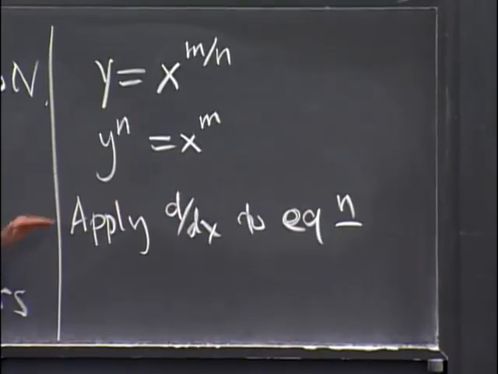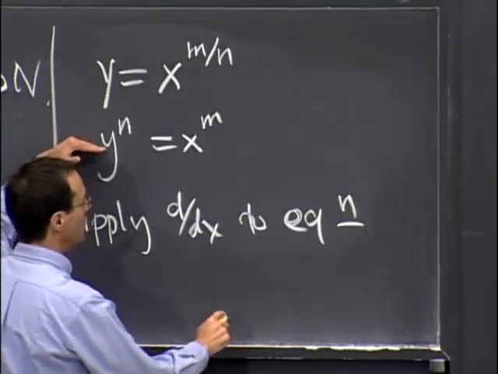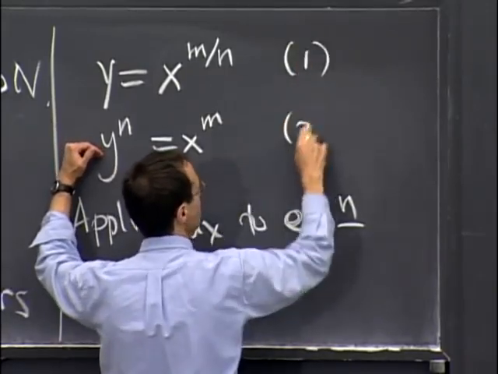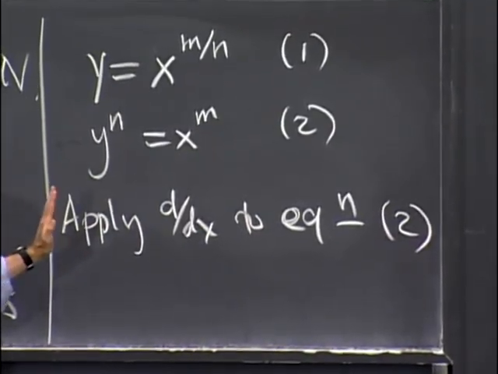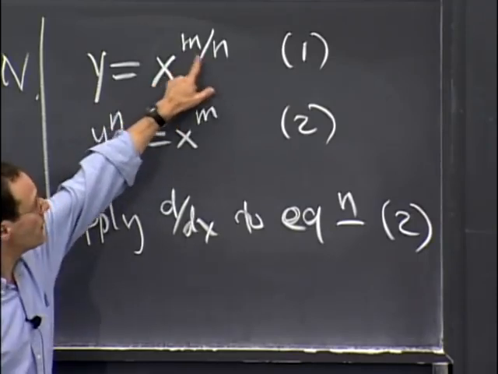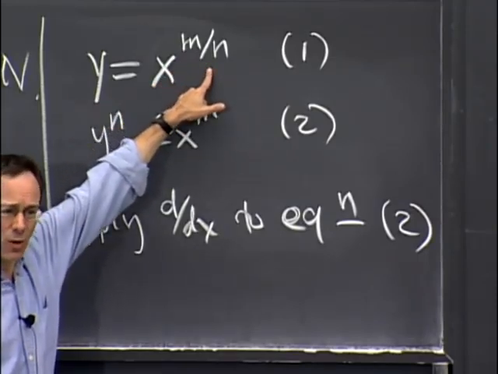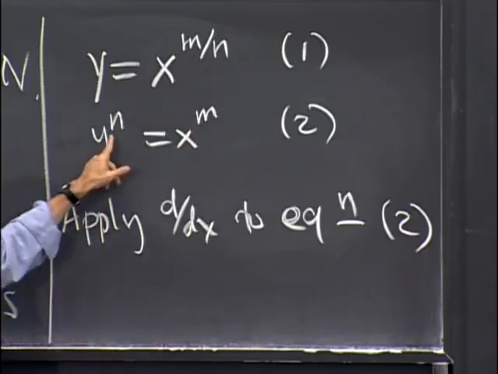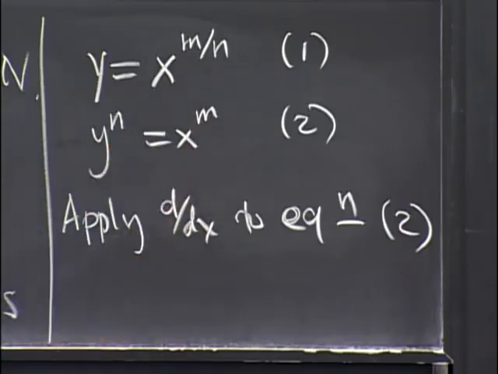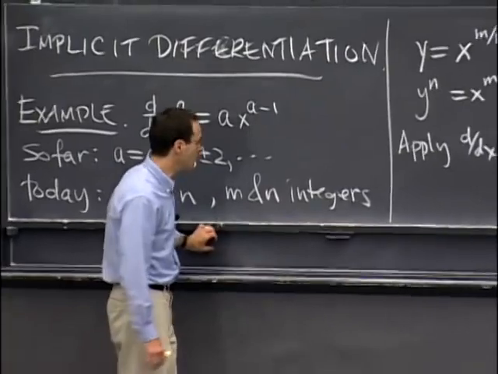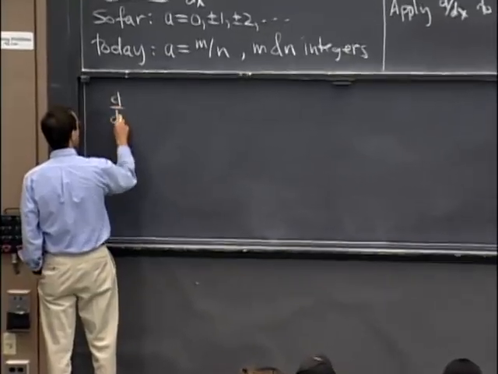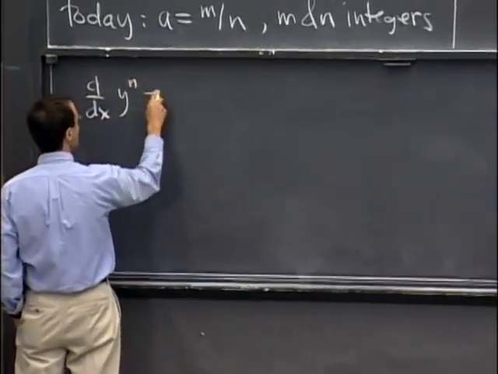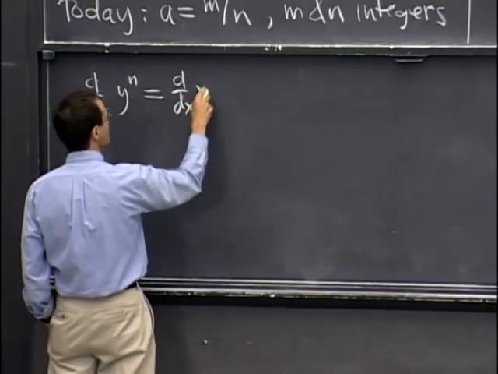Now, why is it that we can apply it to the second equation, not the first equation? Maybe I should call these equation 1 and equation 2. The point is that we can apply it to equation 2. The reason is that we don't know how to differentiate x to the m over n. That's something we just don't know yet. But we do know how to differentiate integer powers. Those are the things that we took care of before. So now we're in shape to be able to do the differentiation. I'm going to write it out explicitly without carrying it out just yet. That's d by dx of y to the n is equal to d by dx of x to the m